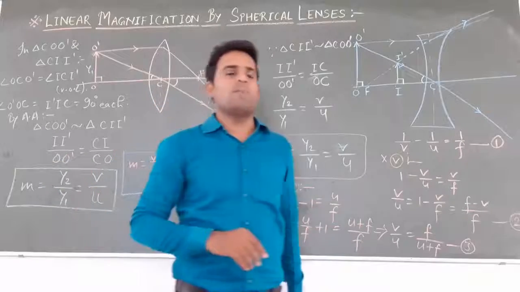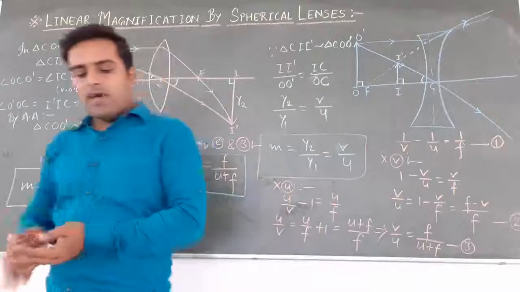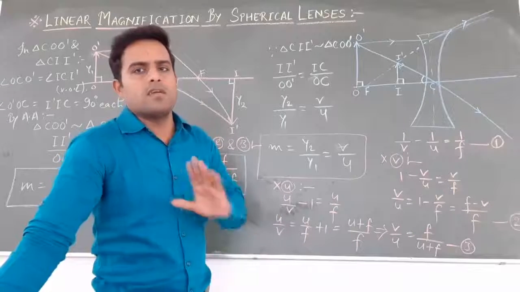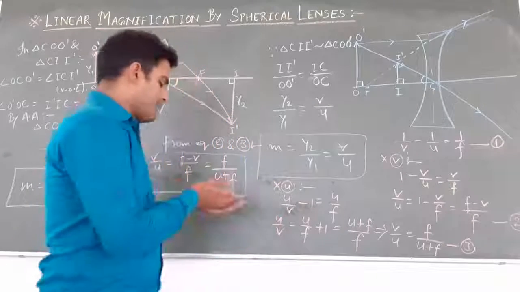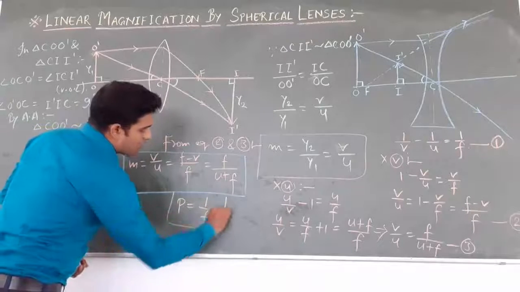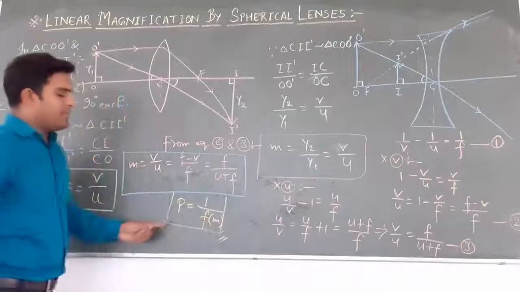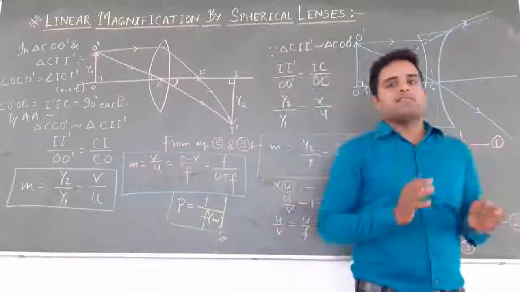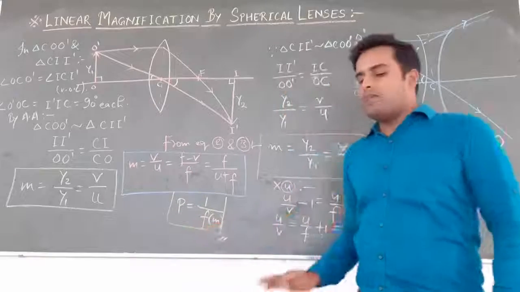This is the relation between power and focal length. Simply, if we have to define power, then you define the power of a thin lens as the reciprocal of its focal length. Power is simply the reciprocal of focal length. Here I am writing the formula: power P is equal to the reciprocal of focal length, and always the focal length is written in this formula in meters. P is equal to 1 upon focal length in meters. Both are vice versa: if focal length is more, power will be less; if power is more, focal length will be less.